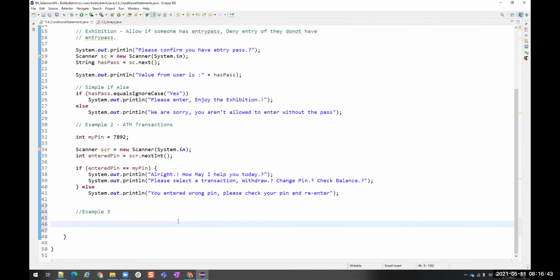Okay, example 3. Example 3 is categorize pass or fail. Suppose int marks is equal to 30.